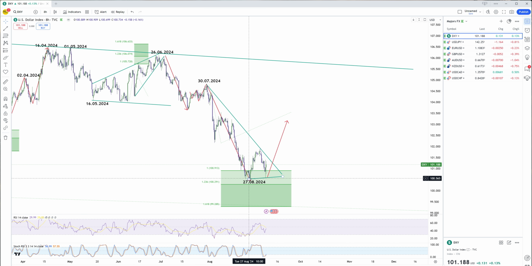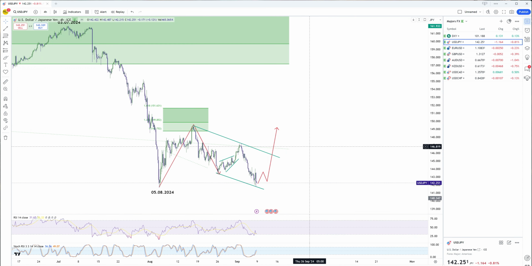So here we go with the dollar index. As we have explained last time, we are looking from the 27th of August low to do at least a double correction higher in the dollar index, and this will be the outlook that we believe to see from this week onwards, this push to the upside towards the 103 area for the moment. So this is the next move that we need to confirm anytime within the week after we break this trend line right here, this continuation to the upside in the dollar index.